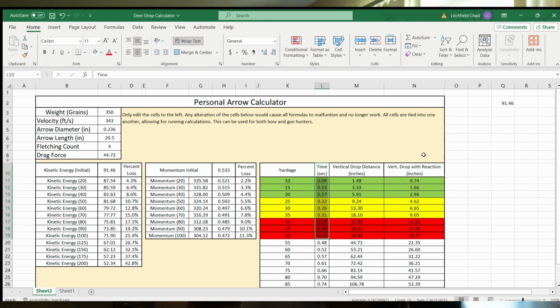One column assumes that a deer reacts the moment you break your shot. And then we have this one where I factor in a little bit of delay on the deer's end. I give them about a 50% distance reaction time. So at 10 yards, they're reacting when the arrow is about 5 yards away from them. That's why you see two different values here. But the more important one to us is time to target. So let's get into the next sheet,